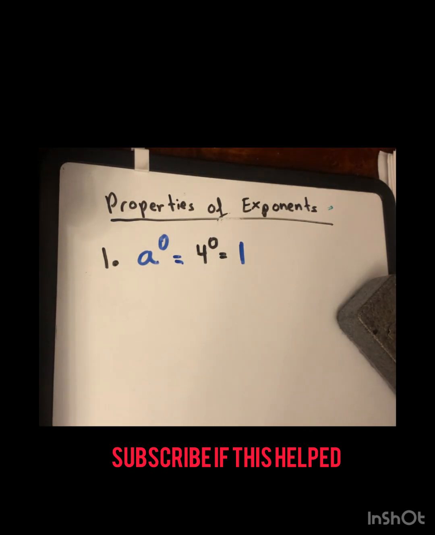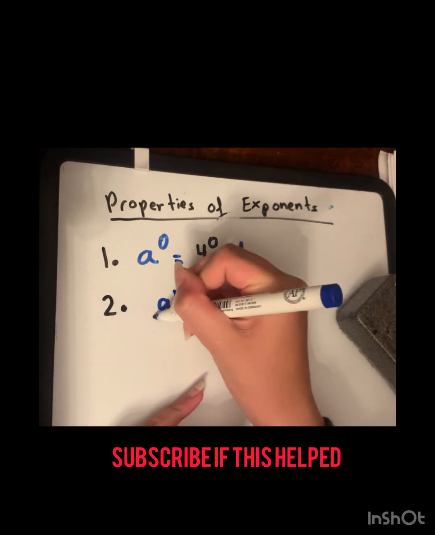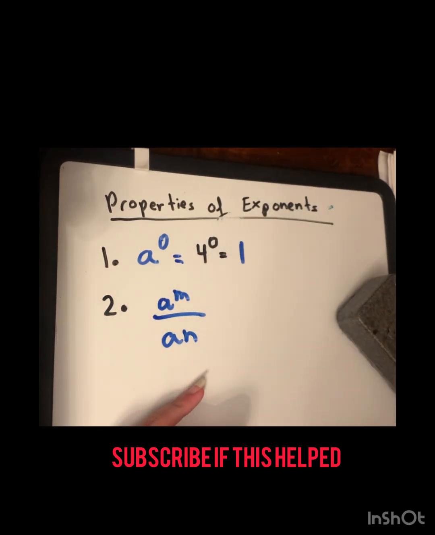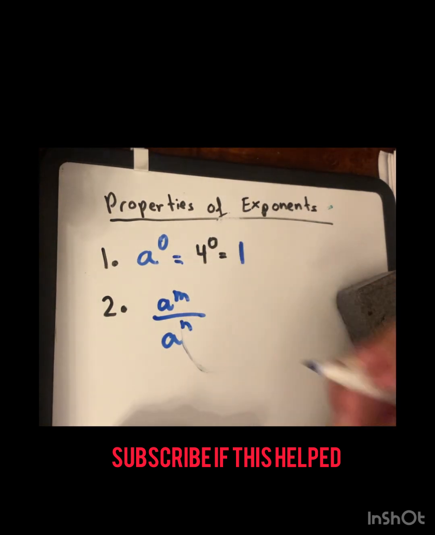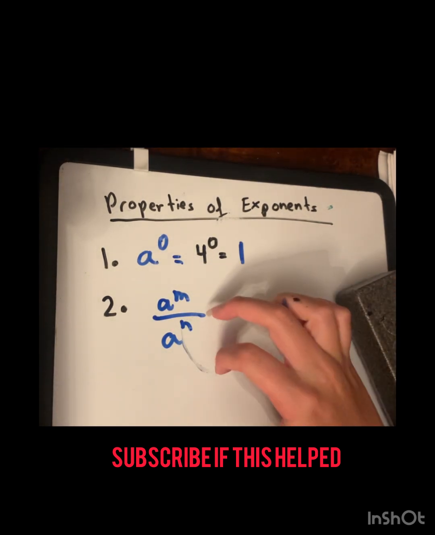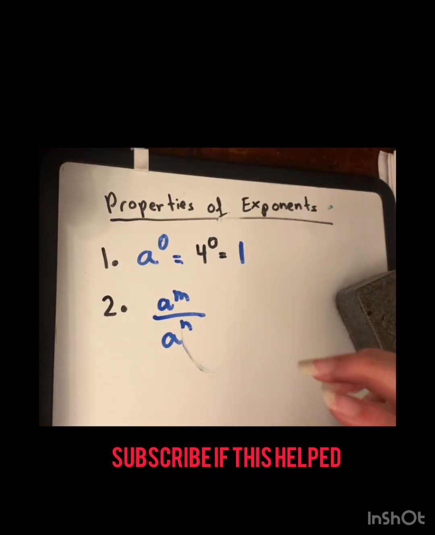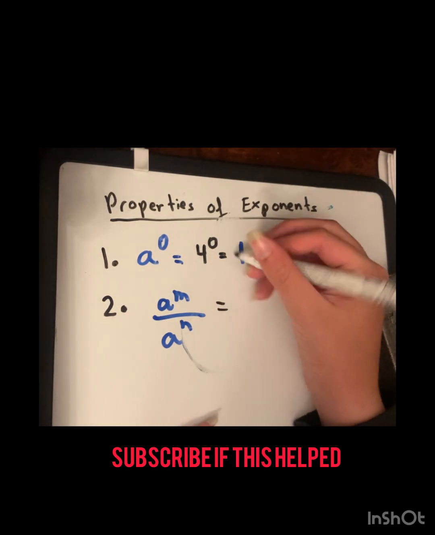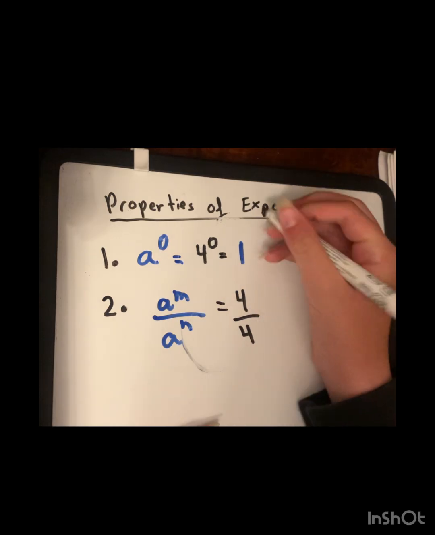The second property. This one is definitely one of the easiest ones, in my opinion. This is the division property. So if you have two different exponents, when you are dividing, you can actually just subtract them. So let's say you have, we're going to use 4 today. I don't know why, that's the number I'm choosing today. So if you have 4,